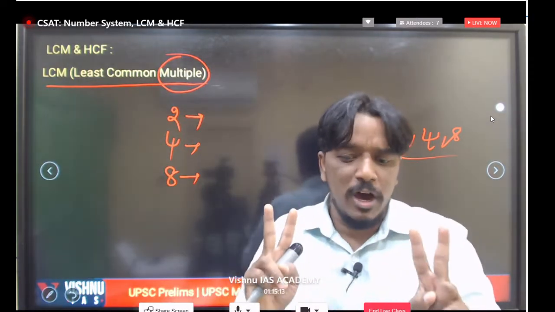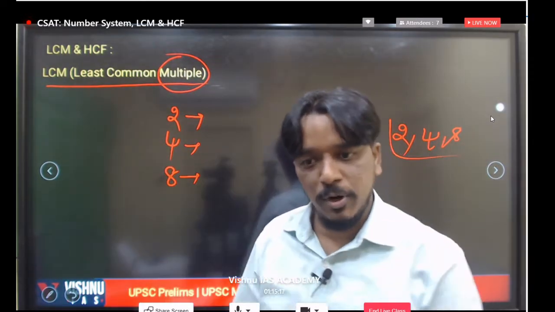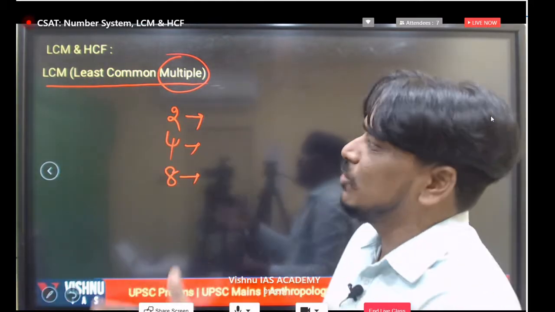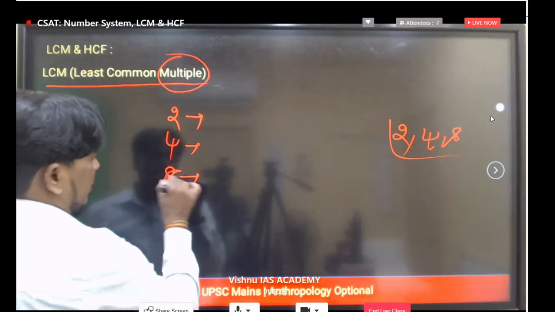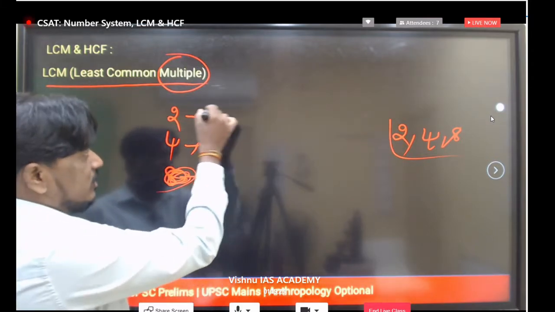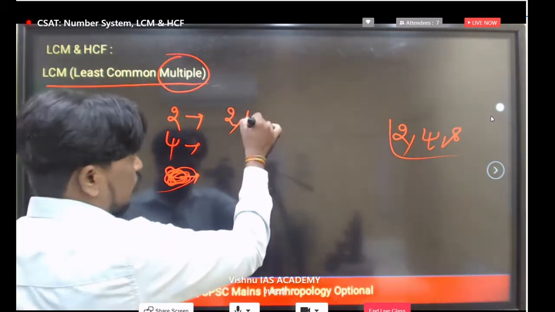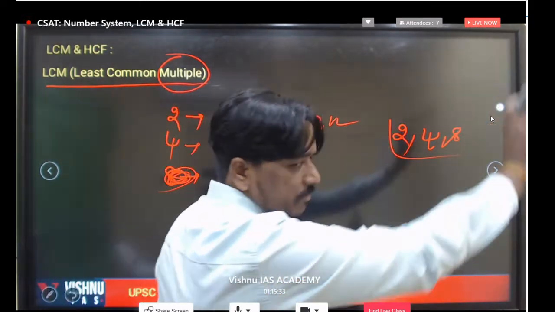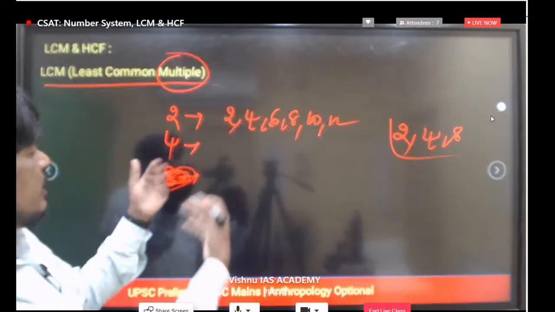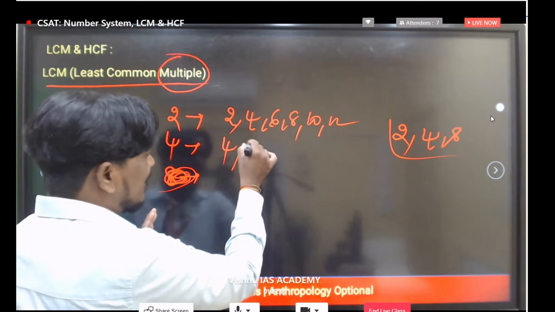If you know these two formulas, most of the questions you will see from previous years need only these two formulas. I'll show the two formulas, but first let's see what LCM and HCF are. For example, if you are taking only these two numbers, try to understand. The multiples of 2: 2 one time, 2 times 4, 6, 8, 10, like this you can note down everything. For any number you can take. The multiples of 4, if you take 4, then 8.